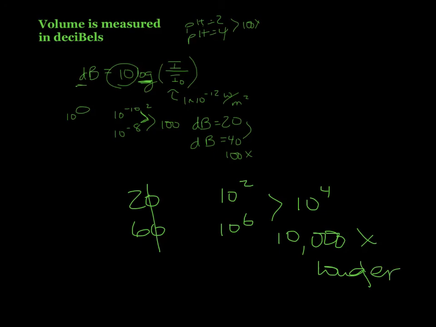Okay, so you're starting to see how this is an actual log scale thing. So it's not just, you know, if you looked at that, you might be tempted to say 3 times louder, because going from 20 to 60 you multiply by 3. But you need to remember that it's a log thing, and so the 2 and the 6 refer to the exponents on our 10s. So the 2 and the 6 refer to the exponents on 10. So you have a difference of 10 to the 4th, 10,000 times louder.